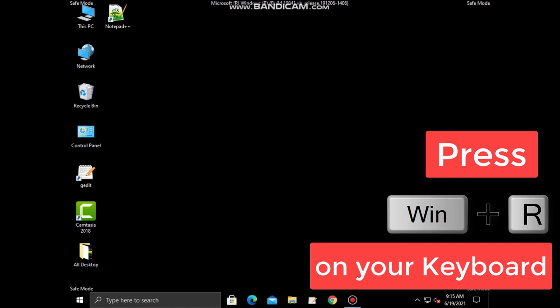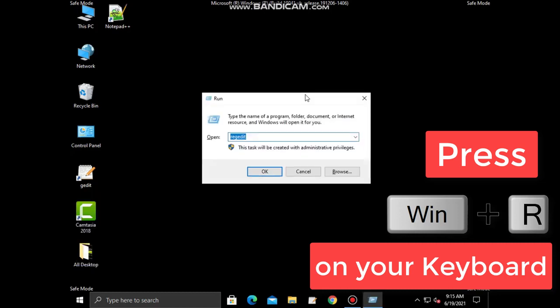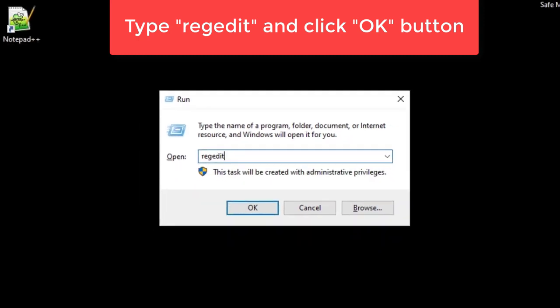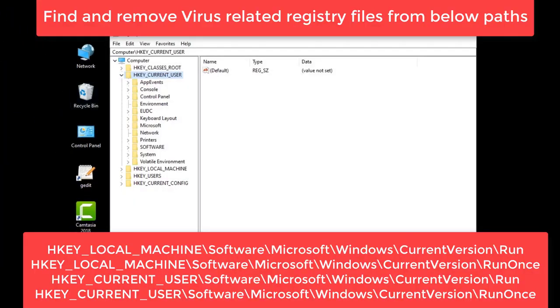Again press the Windows plus R keys on your keyboard, type regedit and click on the OK button. We are going to remove virus related registry entries from the registry editor. You can see some paths on your screen.